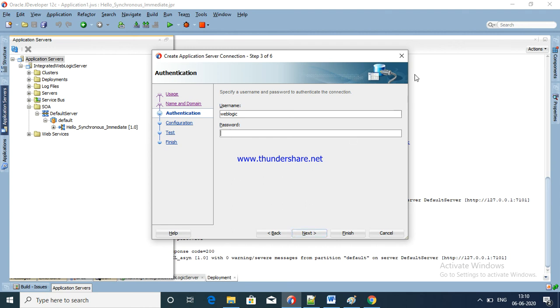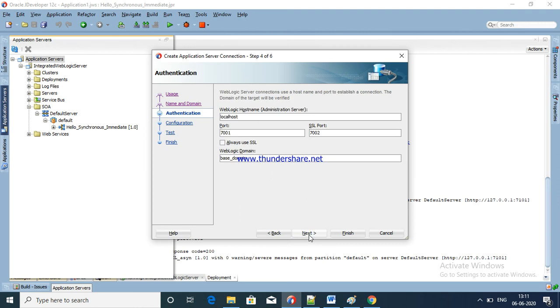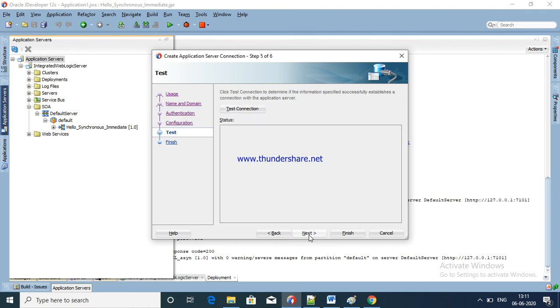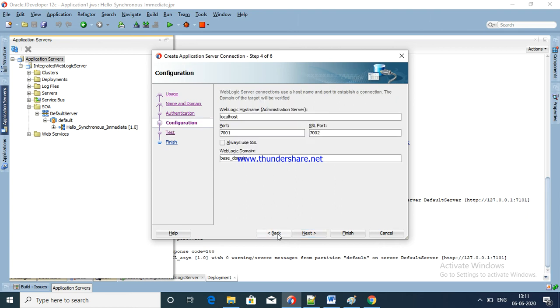I am going to give weblogic1. See here, just check my domain, default domain, it will fail. Why? Because you have to give the domain name also.